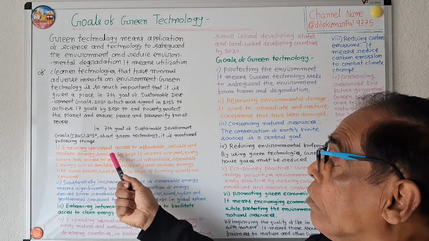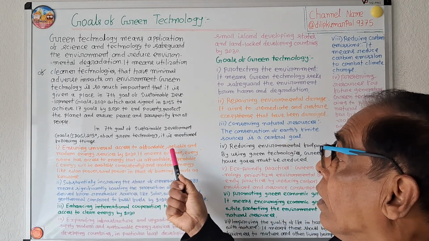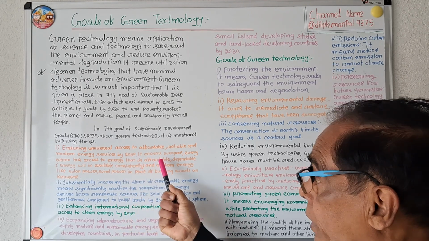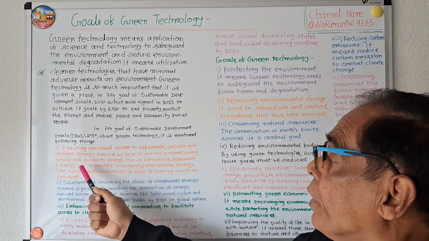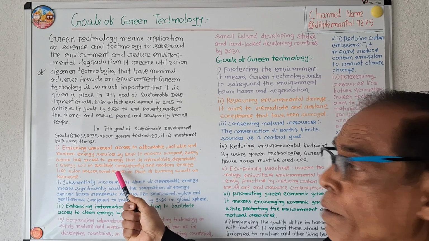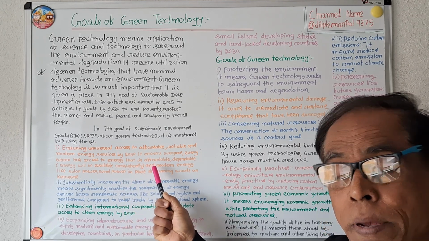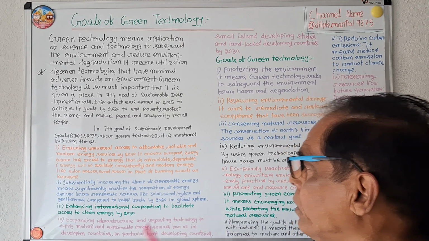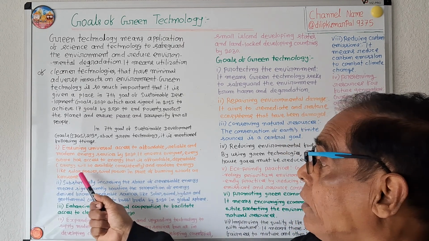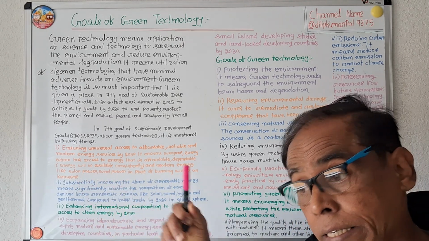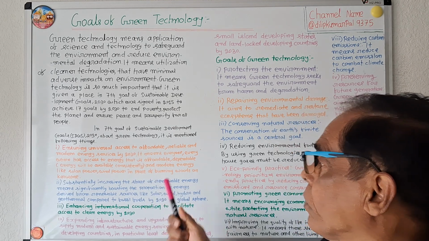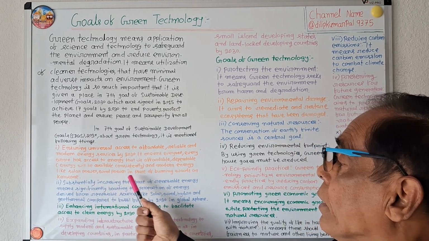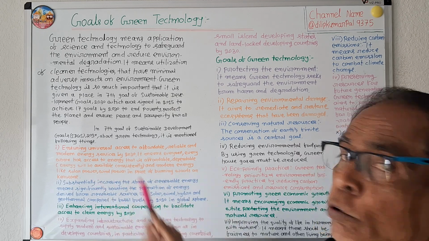So, ensuring universal access to affordable, reliable, and modern energy services by 2030 means everyone, everywhere has access to energy that is affordable. A man can afford it in spite of his bad economic conditions. Dependable means energy will be available consistently, it will be available always. And modern energy like solar power and wind power, in place of burning woods or kerosene.